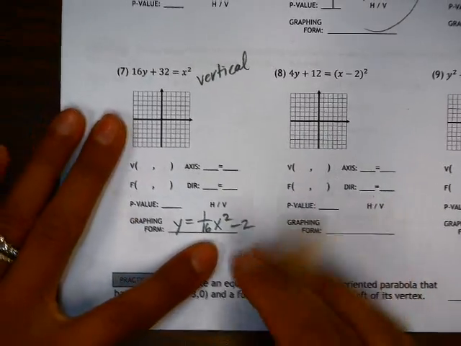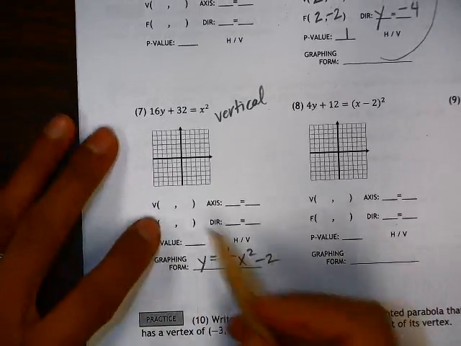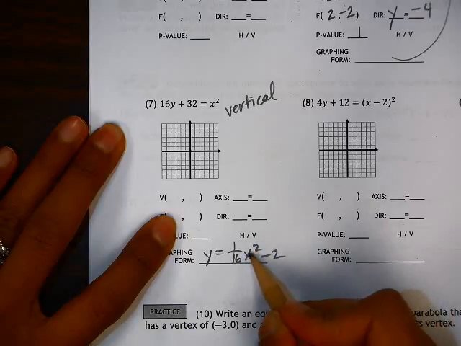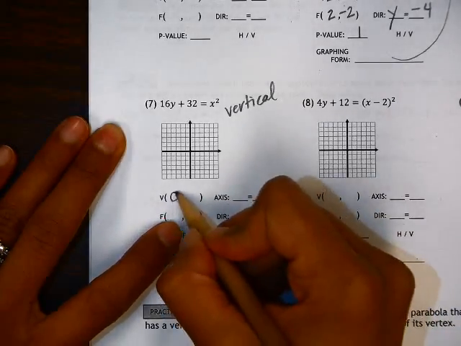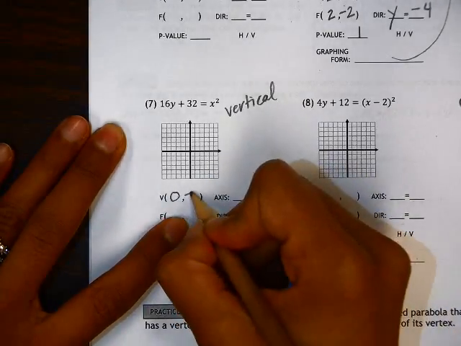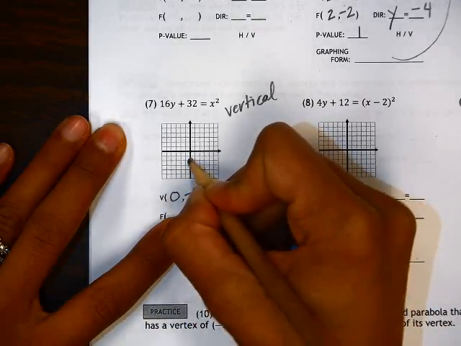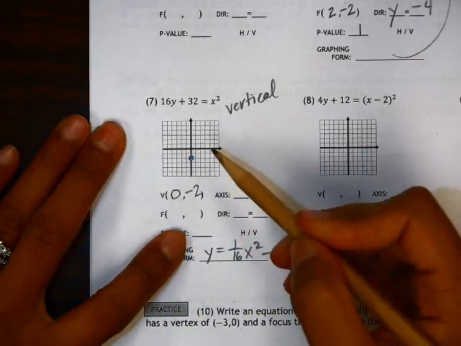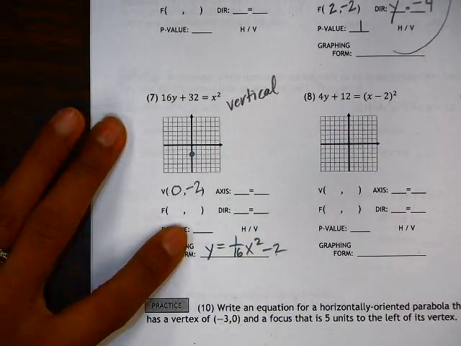Let's use this equation now to fill in the blanks. So the vertex, the h value here is 0. X minus h, so h is 0, and k is negative 2. So I'm going to plot my vertex at (0, -2). And to find the focus, I need to know my p value. So the p value here,